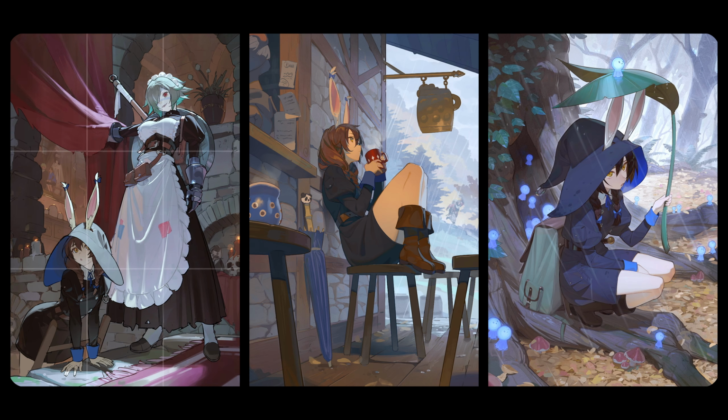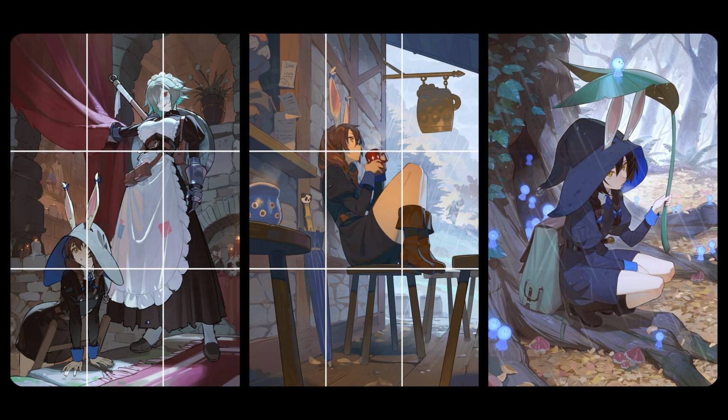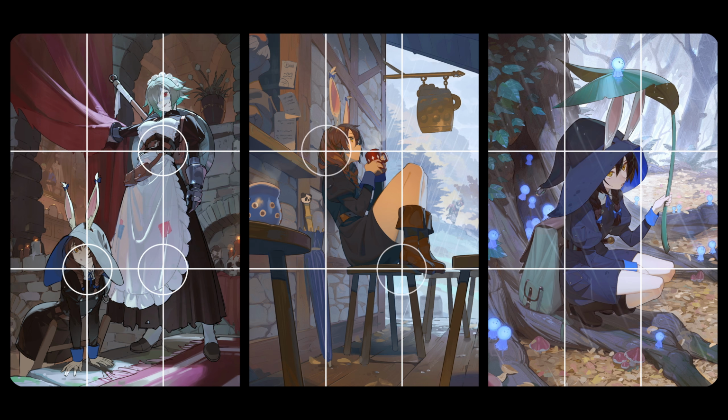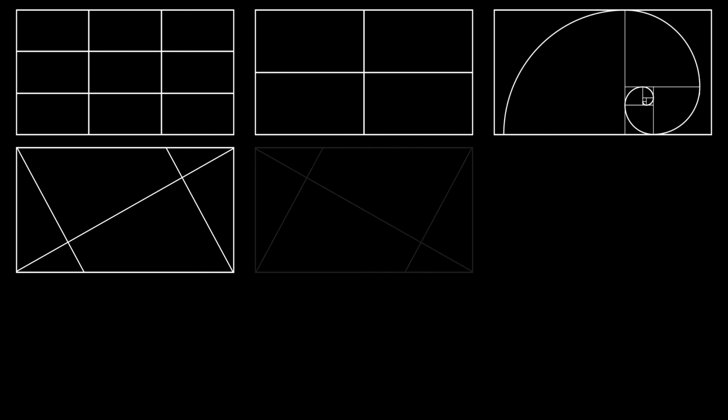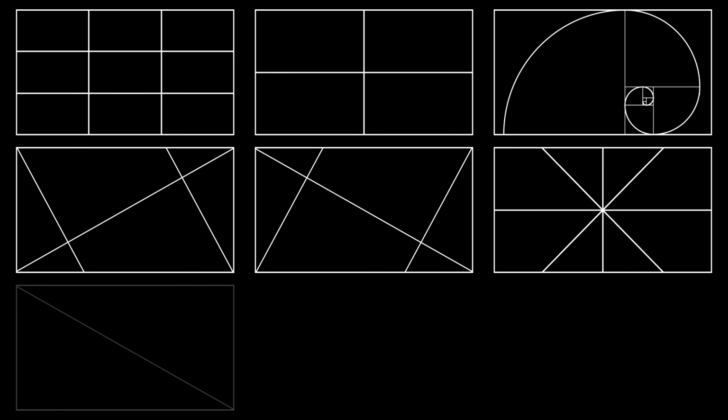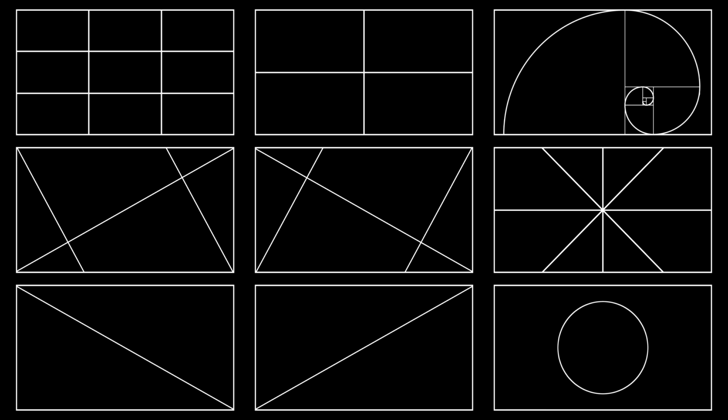In his art, we can see that he follows the rule of thirds in many of his illustrations. The characters and objects in the scene are placed in a way that follow the rule of thirds, and overall, it ends up creating a composition that looks balanced and pleasing to our eyes. Of course, the rule of thirds is not the only compositional guideline that you can use to make your compositions look interesting. Here is an image of some of the most common ones that you can use to reference for